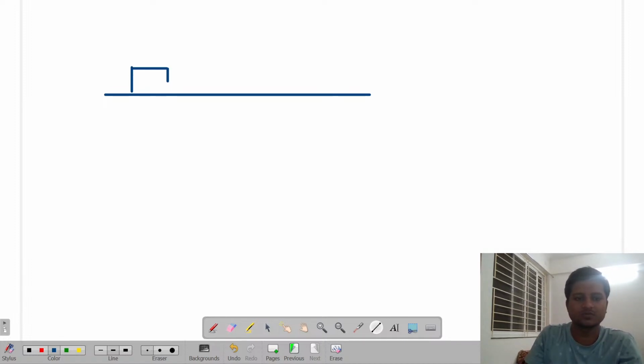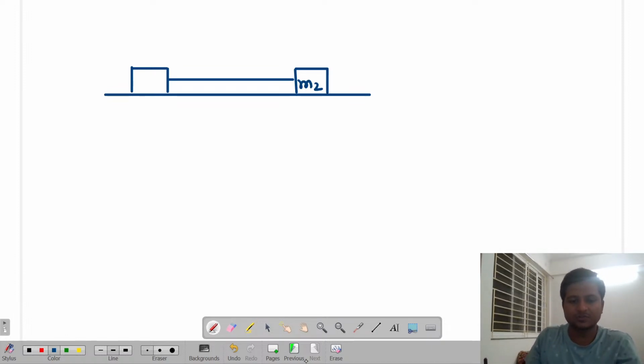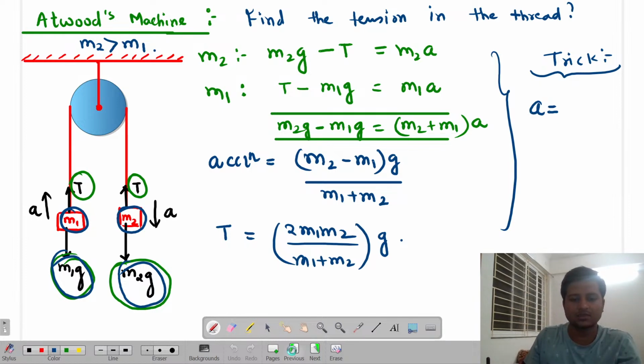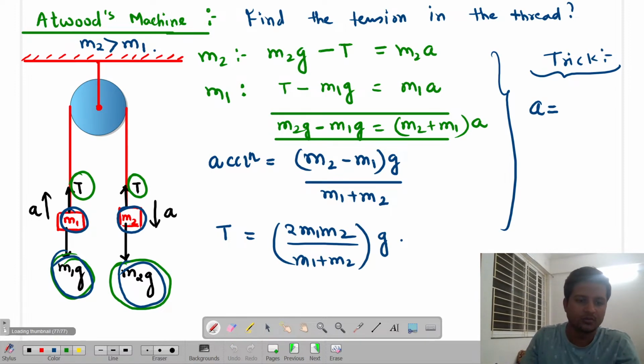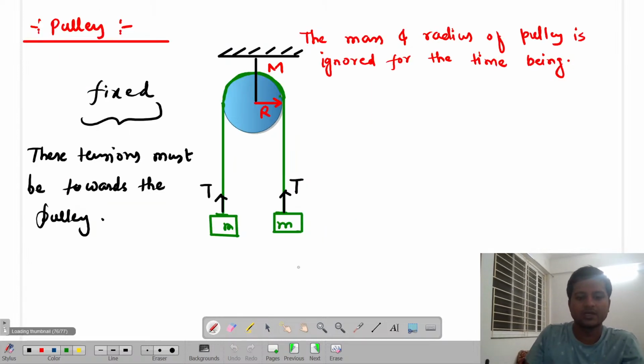Okay, means I remove this pulley and then this system will become horizontal. This system will become horizontal or not? And this makes this M2 and this makes, sorry, this makes M1. So looking at the equation, this M2 is experiencing M2G in the forward direction or not. Look over here, pulley. This M2G is working in which direction? Forward direction. While M1G is in the directly backward direction or not.